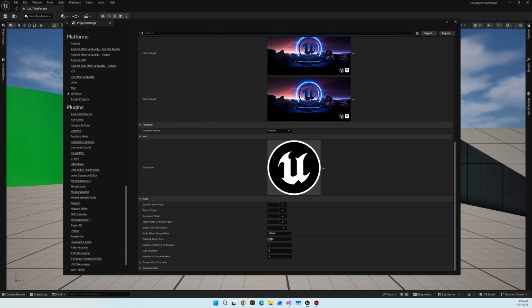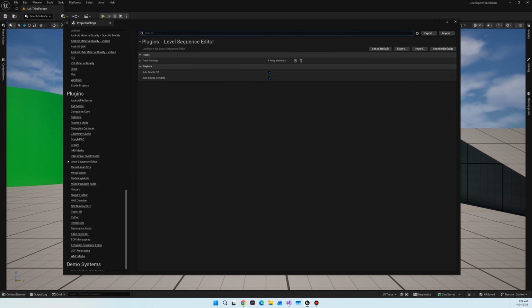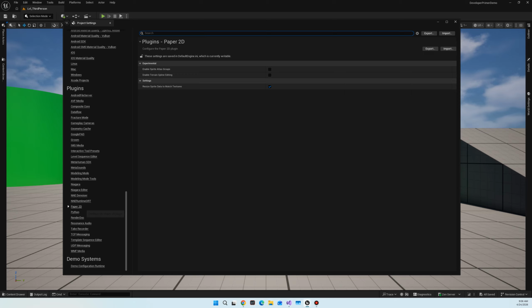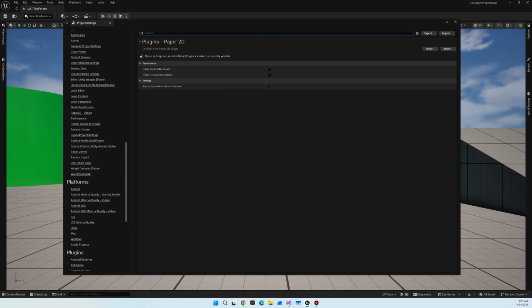And then, as we all know, Unreal Engine's got a whole host of plugins that come out of the box, but you can also get plugins online. A lot of them have default settings which you can tweak, and some of these settings are specific for the editor, some of them are specific for gameplay. Again, you can see here Paper 2D. There's a plugin for that, and there's some additional things that you can turn on or off, and they can be as small as just having three little switches to something like, say, we'll come back up to the physics,